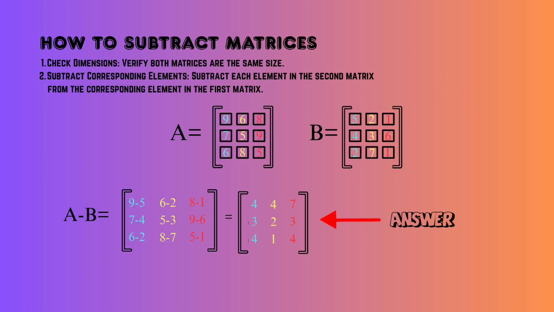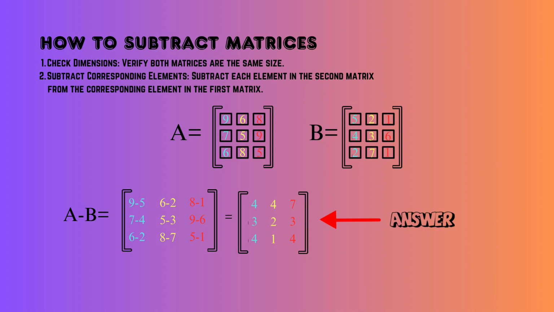And now let's proceed to subtract matrices. First, check dimensions. Verify both matrices are the same size. Second, subtract corresponding elements. Subtract each element in the second matrix from the corresponding element in the first matrix. So we have matrix A and matrix B. As you can see, the matrix A first row and first column is subtracted by the matrix B first row and first column. So the result is 9 minus 5,